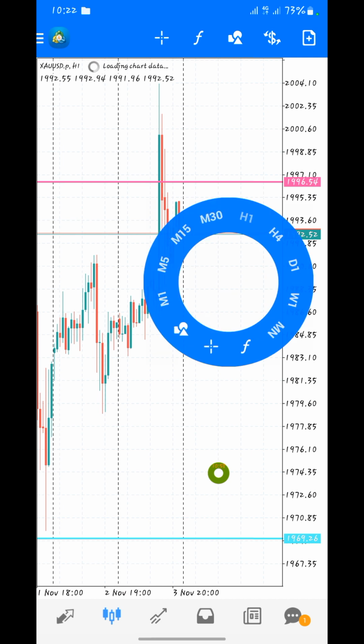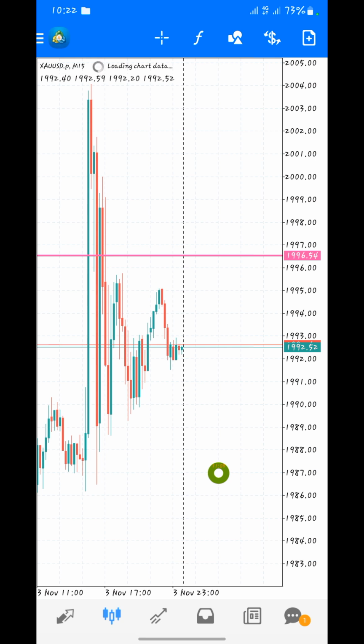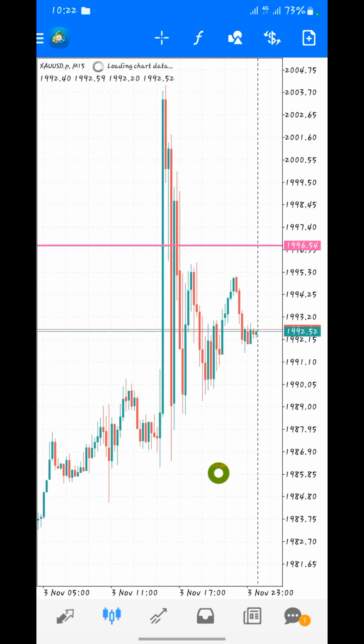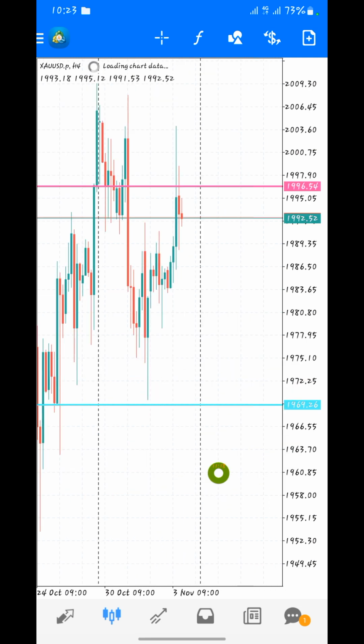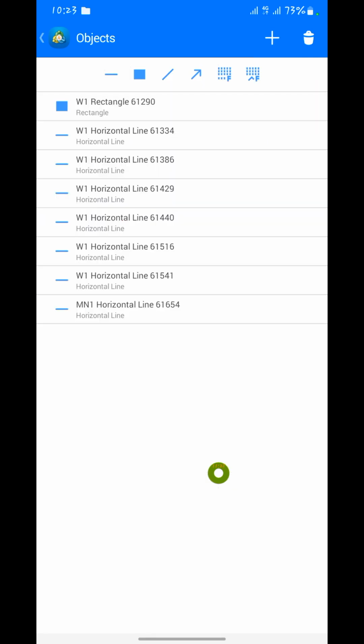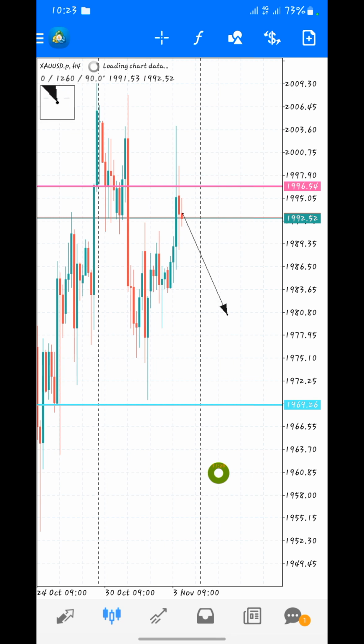For me to make my entry zones, I just enter at the 15-minute time frame. As you can see, on the 15 minute time frame, there was news that was released yesterday from 15:13 until 17:13, and that's why you can see these candlesticks. So as what I have concluded on this market, when we get back to our 4-hour time frame, the market will just come back from those zones as it has faced resistance.